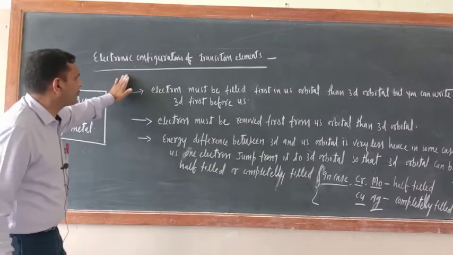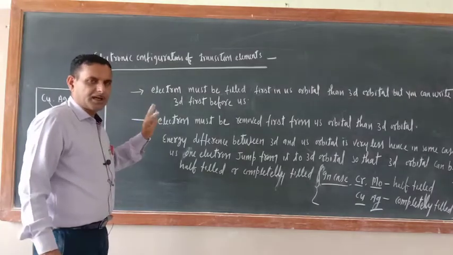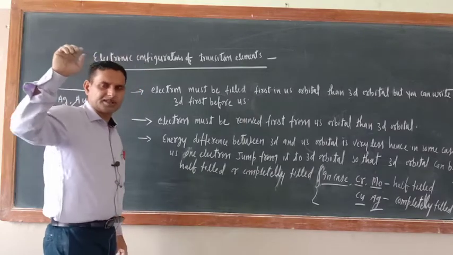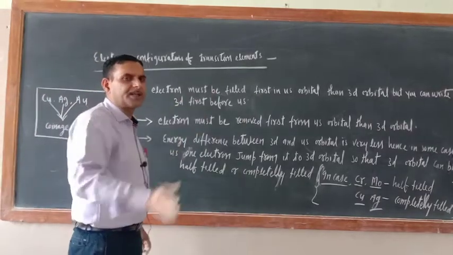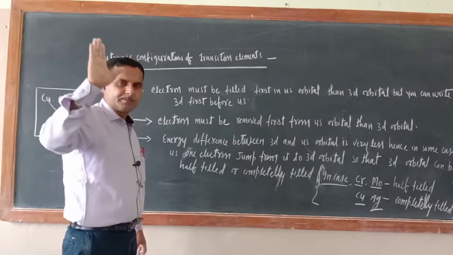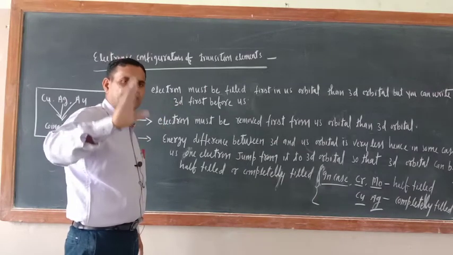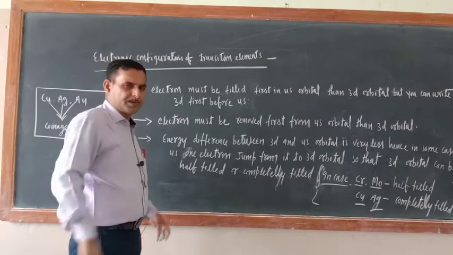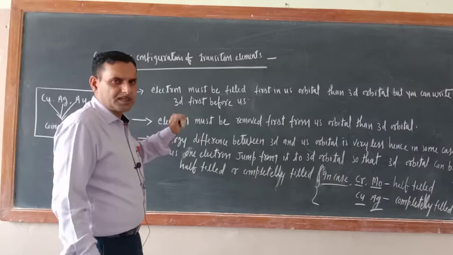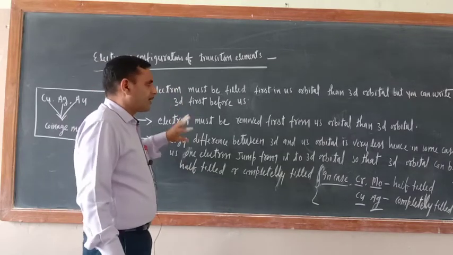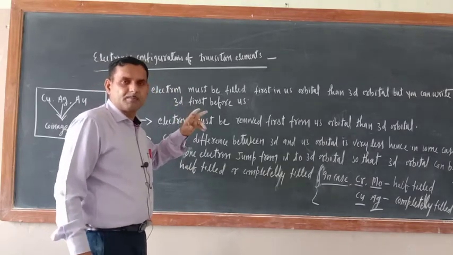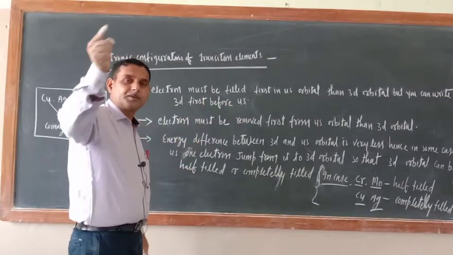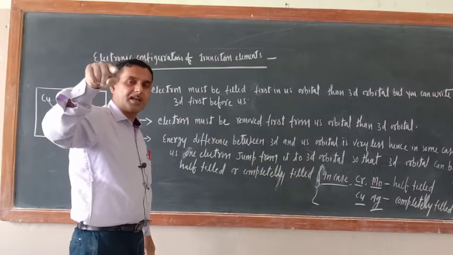Okay, let us come back to the electronic configuration. Try to understand. Whenever we write the electronic configuration, electrons are always filled in increasing order of energy. Lower energy orbitals should be filled first, higher energy orbitals should be filled later on, according to the above principle. If you see the number, then 3d should be filled first and 4s should be filled later on. But if you see the diagram of the above principle, then what is there?